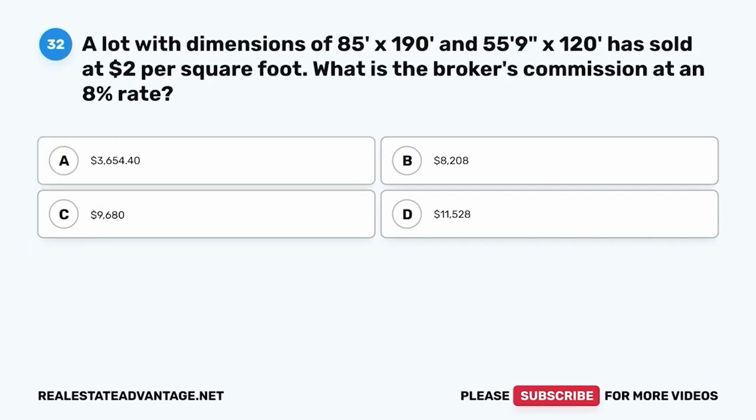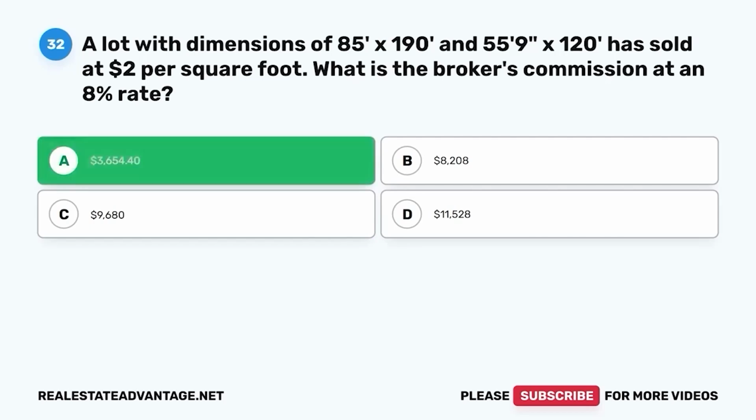Question 32. A lot with dimensions of 85 feet by 190 feet and 55 feet 9 inches by 120 feet has sold at $2 per square foot. What is the broker's commission at an 8% rate? A, $3,654.40. B, $808. C, $9,680. D, $11,528. The correct answer is A,